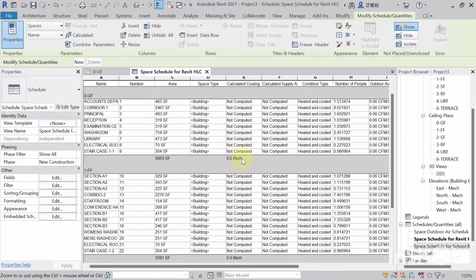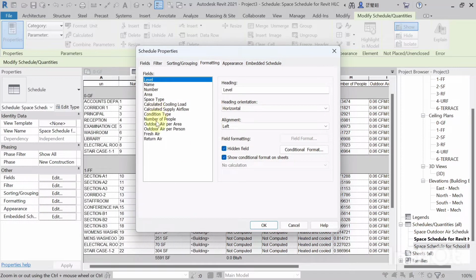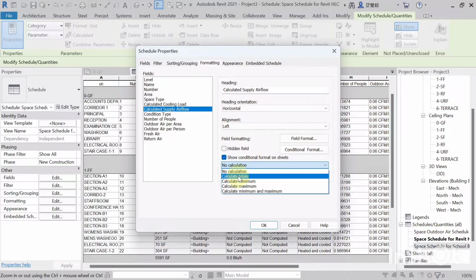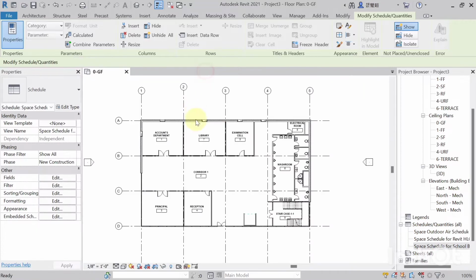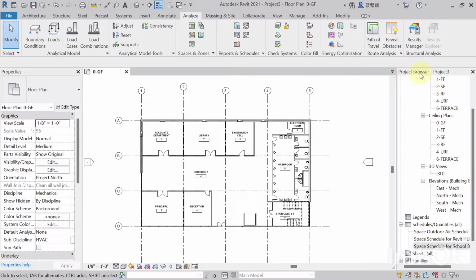So for that you have to use the unit command, and I will show you how to make the changes. I want to see the supply air CFM here. So in formatting, select the calculated supply air, and I want to see the total for each and every floor. Calculate total. Okay, after doing all these settings, I want to change the unit. As I told you, I want to see this calculated cooling load in tonnage. So from here, close this space schedule for Revit HLC,